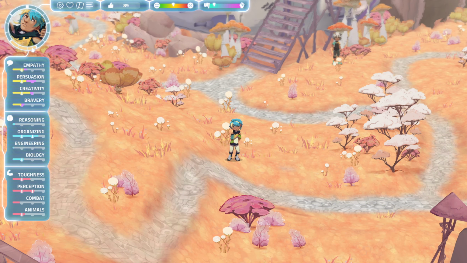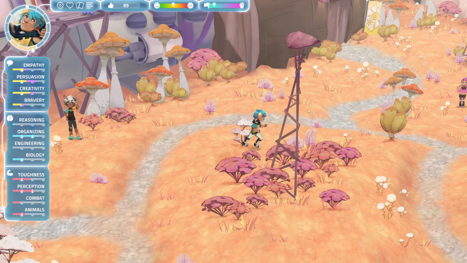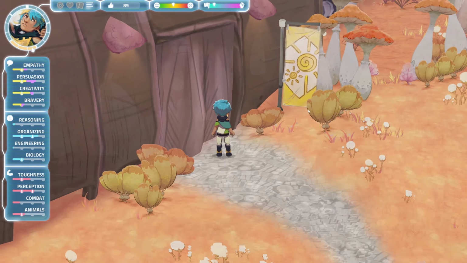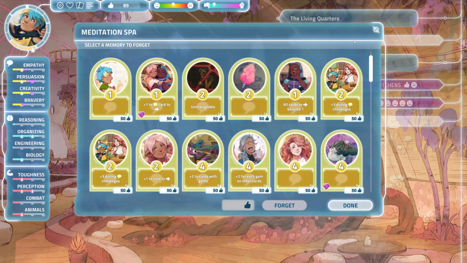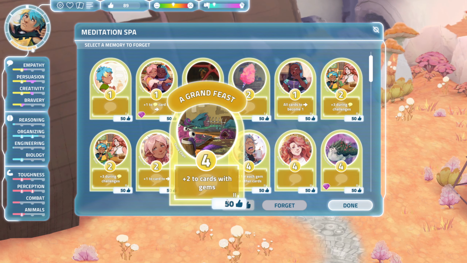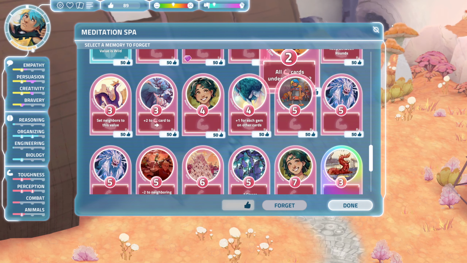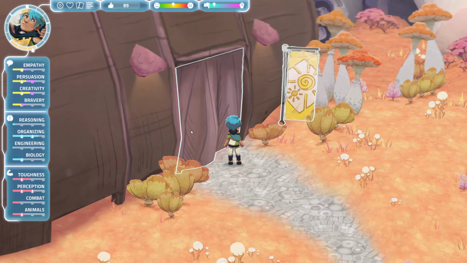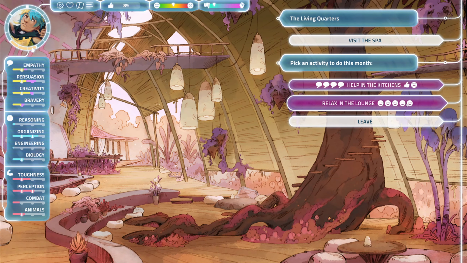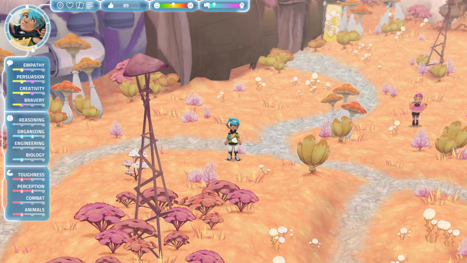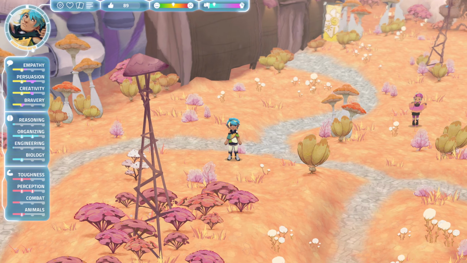The game is very heavily story-based, and you can lightly manage your deck by removing cards, but the options to do that are pretty few in between. If you go to the spa, which I unlocked recently, you can pay 50 of these kudos, which are the currency that you earn by doing everything, to remove a card from your deck. Or you can rest, which you can do in a few different places throughout the game, and that lets you choose between two random cards in your deck to remove. So the actual management system is pretty minimal, but it is there.